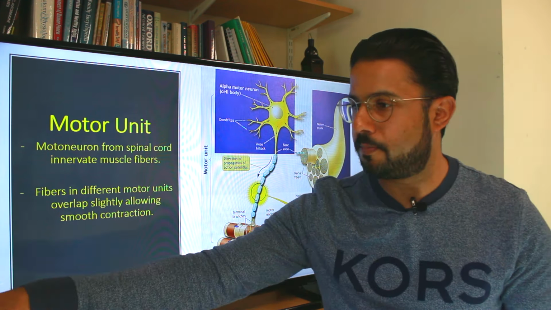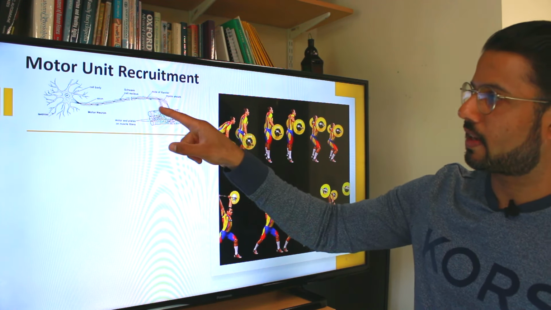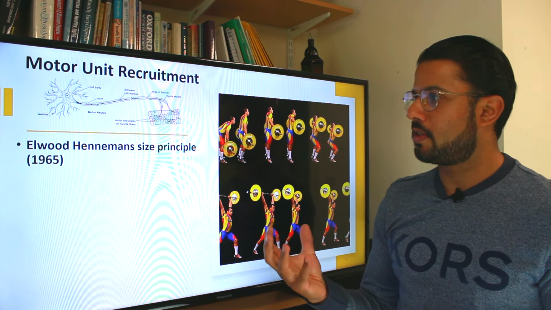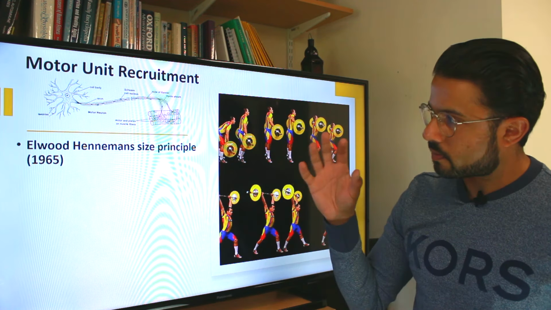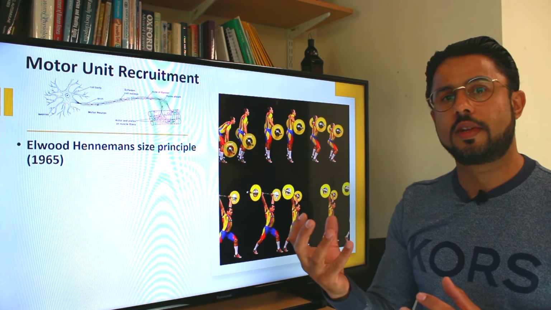to the muscle fibers. Now, what happens in terms of strength training is that we recruit different motor units at different times, depending on the requirement for force, okay? So here again, I've got this for reference just so that it's in your mind. We've got the muscle fibers being activated by the motor unit. In 1965, a neurophysiologist called Elwood Henneman found from his research that motor units are recruited according to their size,